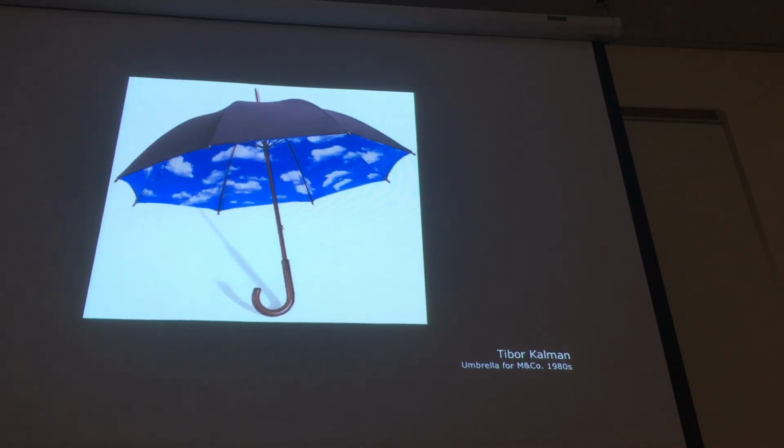For example, he was one of those people that made the biggest stink about Paula Scher and what she had done for the Swatch watch ad. So he called her out on that and made a big deal about it. But in the case of Tibor Kalman, what he really liked to do was he liked to poke fun at things that already existed. So in that respect, we call him a retro designer because he is mocking things that